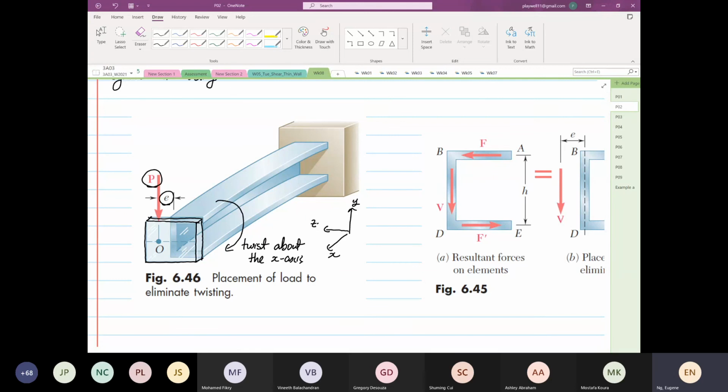So what this does, based on Newton's third law, action equal to reaction, same in magnitude but different in direction, right? So this is induced by the counter twist. This is known as the counter